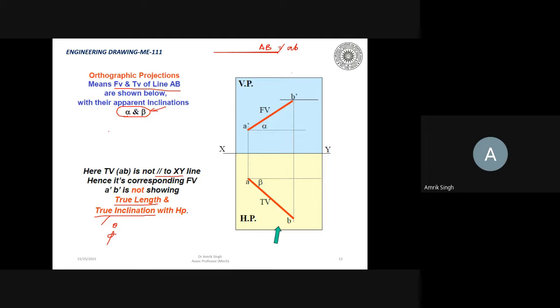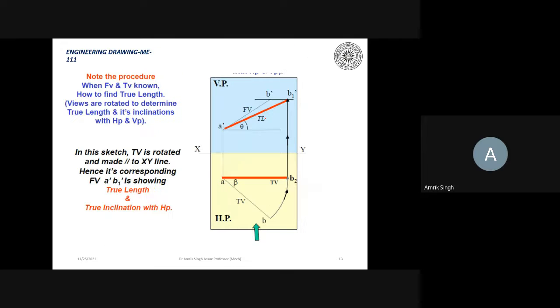So they have introduced the terms alpha and beta, which are the inclinations known as the apparent inclination. Alpha is used for the horizontal plane HP, or you can say the top view, and beta will be used with the front view. ठीक है? So front view आपका नीचे ये दिखाया, खींचना यहाँ है, बनेगा ऊपर. ठीक है? So this you will understand here.